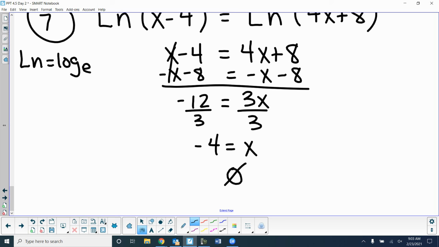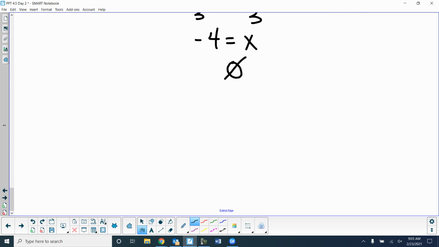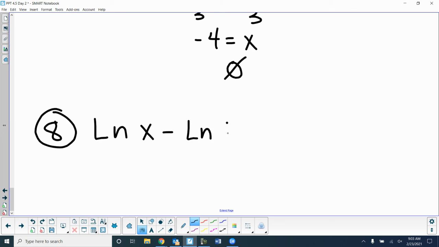So number 8 is another natural log. Again, I use capital L because if I don't, it looks like N-I-N. A lot of people think it's N instead of LN. All right, so I have two natural logs on the left. How do I make it a single log? Divide. What if this was addition? Make it 10 times x. So it's natural log of x divided by 10